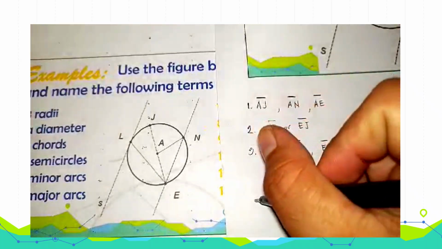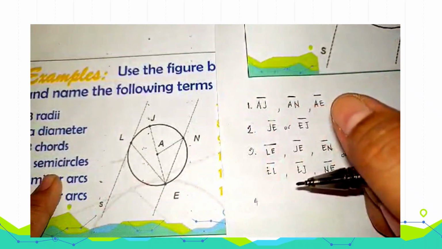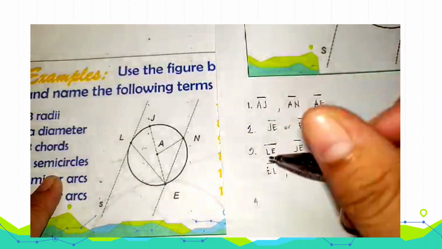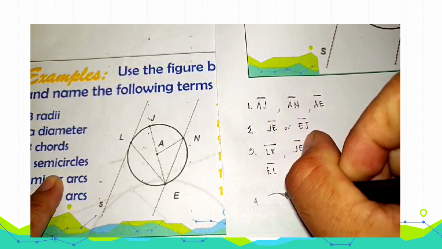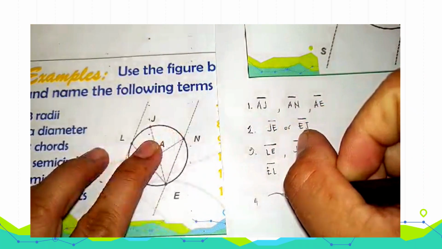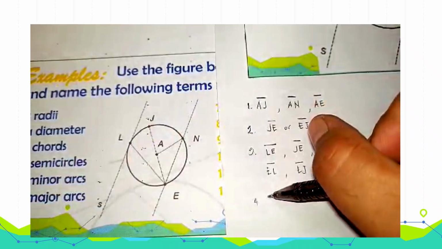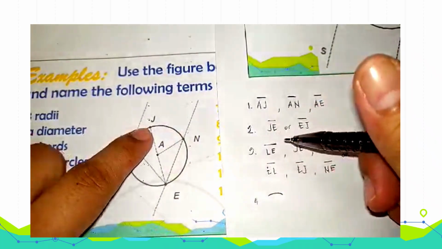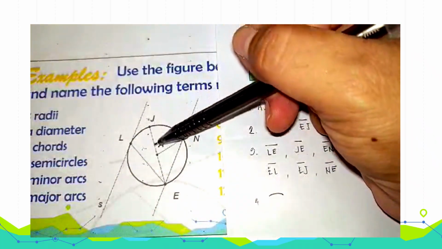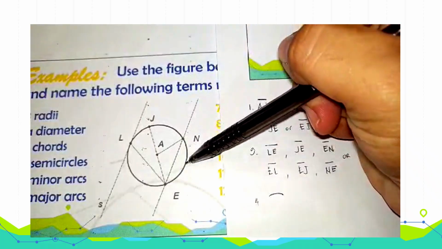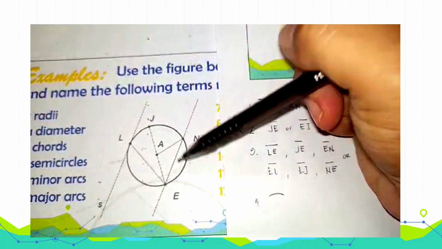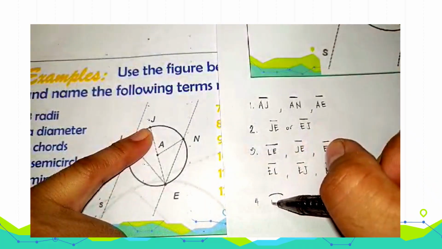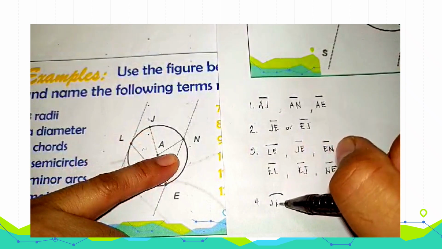When we name an arc, for the 2 semicircles, we can use 3 points, and the symbol for arc will be like this. So since this is our diameter, this will be 1/2 of the circle, or the semicircle. We will have J and E,